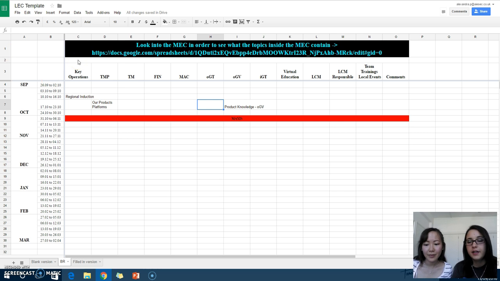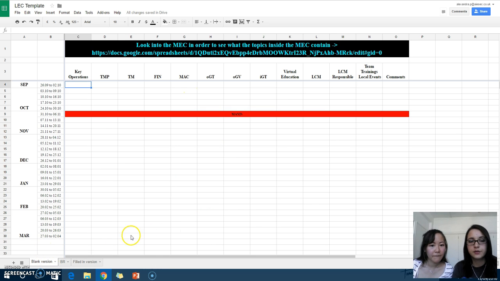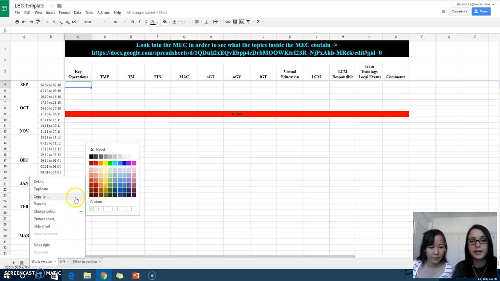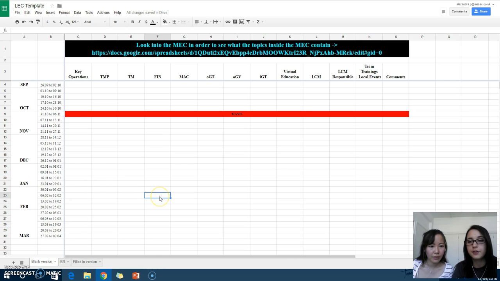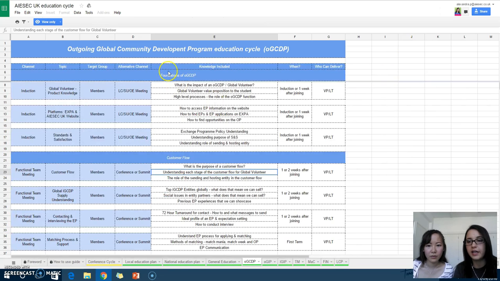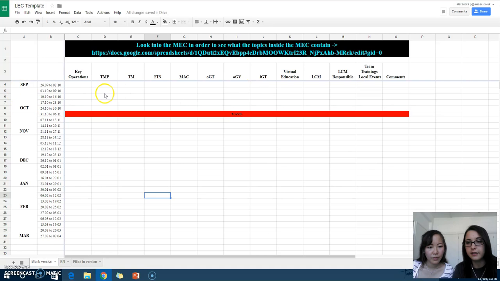Okay guys, so let's go into activity space right now. What I'm going to want you to do is, as you've seen, duplicate your sheet. Right now, just pause me, duplicate your sheet, and rename it after your entity. It's okay, we're still going to be here. And after that, just do what you've seen the steps to be: go into the MEC, check general knowledge, and put it in your entity, right now. We're waiting.